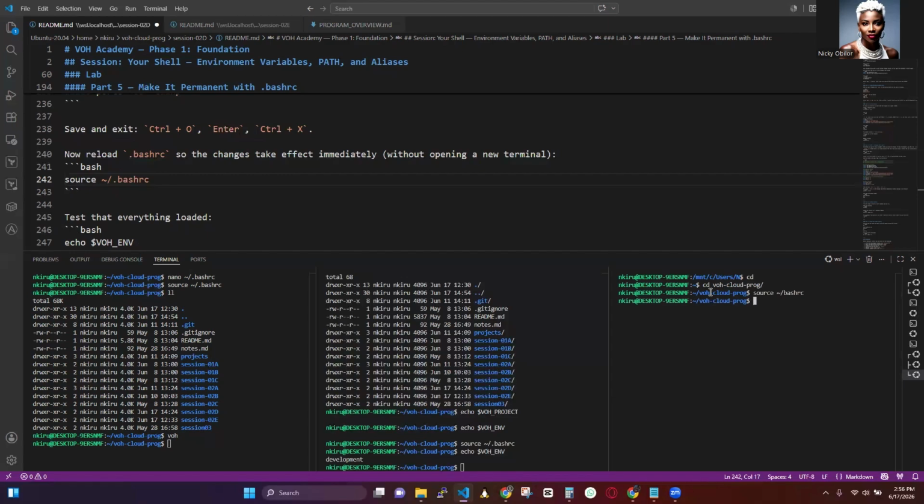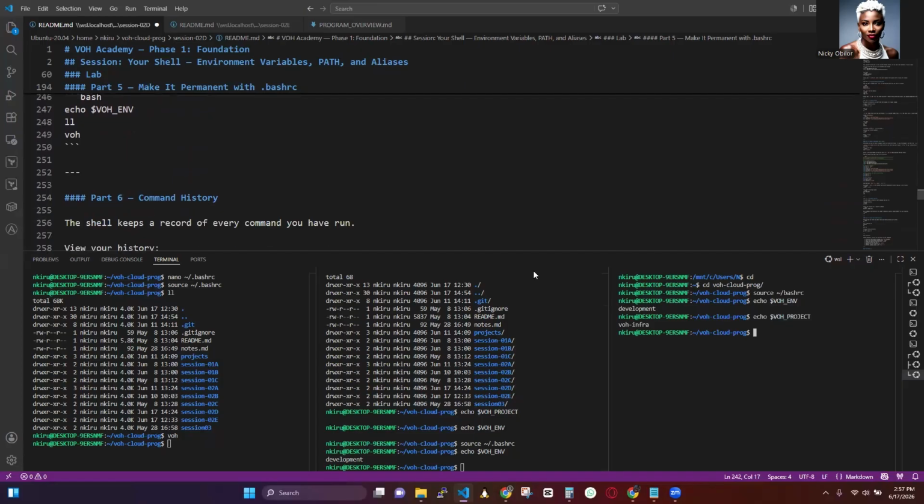Once I run that and I type in whatever variable I have saved in that file, it is going to pop up here. See that? So if we run project, now